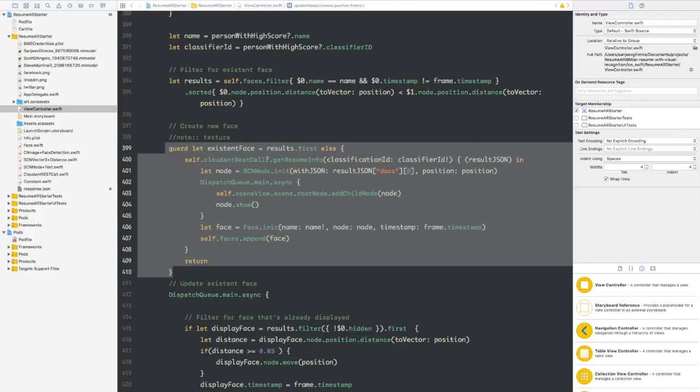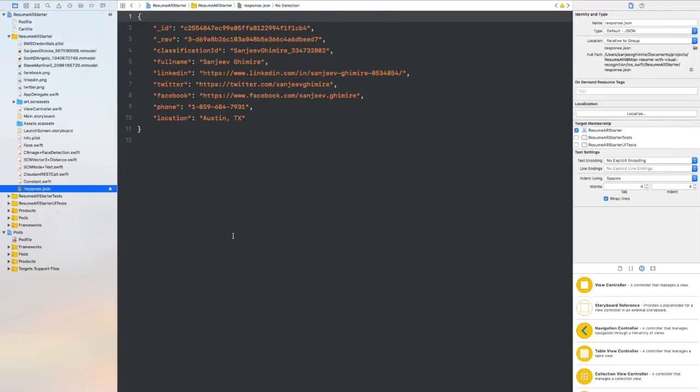Once the face is classified by the Visual Recognition API, the response of the API is JSON. The response of the Visual Recognition has a classification ID, which is then used to get more information about the classification from the IBM Cloud database. The data is retrieved using the classification ID, and the JSON response looks like this. So it has the primary keys and classification ID, and there is other information that is used to display it